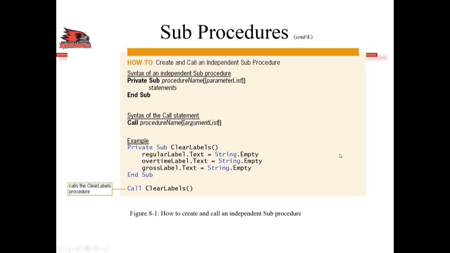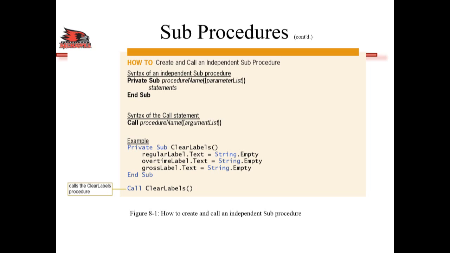Okay, so we discussed the independent sub-procedure in the last video, and here's the syntax of that. It starts with Private Sub. After that there's a procedure name, and within parentheses there is an optional parameter list. With the parentheses you don't have to provide any parameters, but you can. And after that you have all your statements which you want to run every time this procedure gets called, and